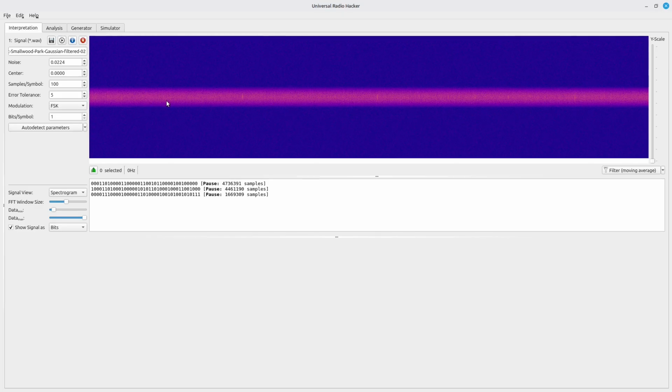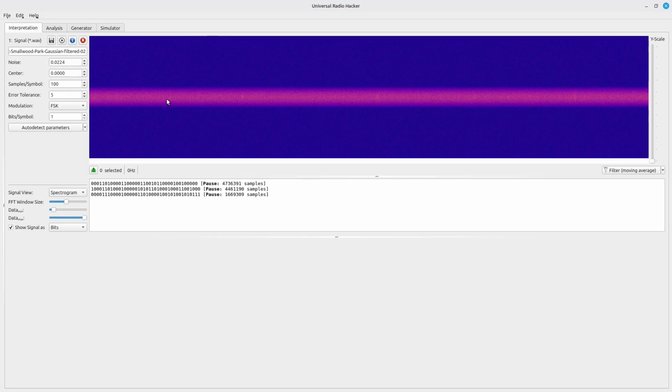If you've worked with Universal Radio Hacker, you probably know that you can do filtering inside of Universal Radio Hacker. You might be wondering, why did I not just do the filtering in here? Why did I do it in GNU Radio Companion? The big reason is that the filtering in GNU Radio Companion gives me access to the Gaussian filter. You don't have access to that in Universal Radio Hacker. You have just access to a standard windowed sinc filter. I want a Gaussian filter that's a matched filter that gives you slightly better performance than what you're going to get with just a standard windowed sinc filter.